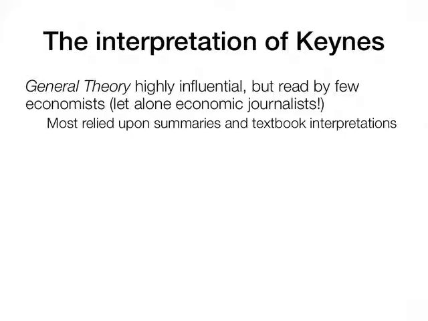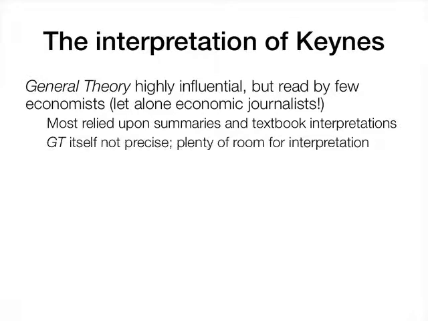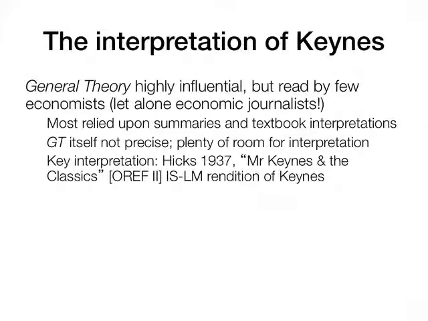Most people relied on summaries and textbook interpretations. The truth about it is that the General Theory is a very imprecise book. It's a great book with a capital G. It's up there with the greatest books written by human beings. It's in the top 100, definitely. But it's not a precise book. It's a great book because it's not precise. There's lots of room for interpretation, a bit like the Bible. And effectively, it caused a row. And what happened was,